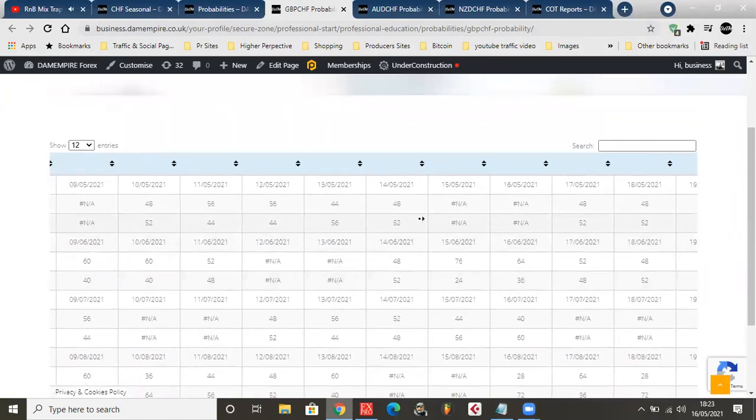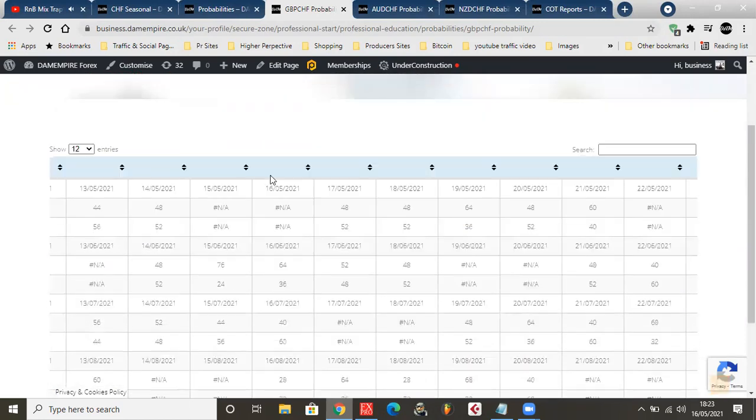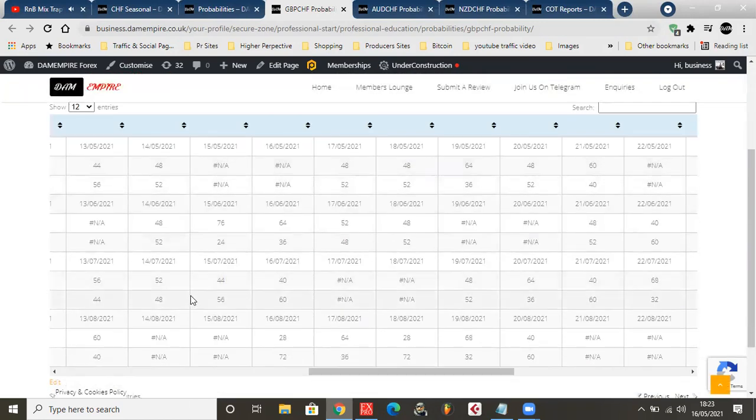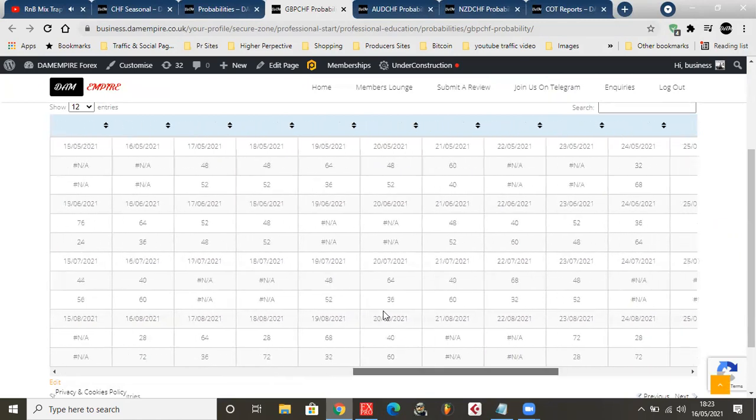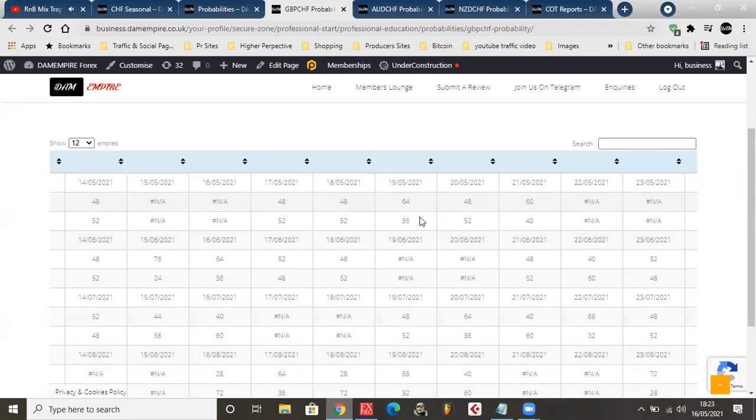So with GBP CHF, what we can actually see in this one is that it looks like it's gonna fall. I'm looking at the same date right here. So this looks as if it is gonna fall. It's gonna go down. So yeah, with GBP it's really not advisable for me to pop into this trade. So I'm just gonna let that slide.